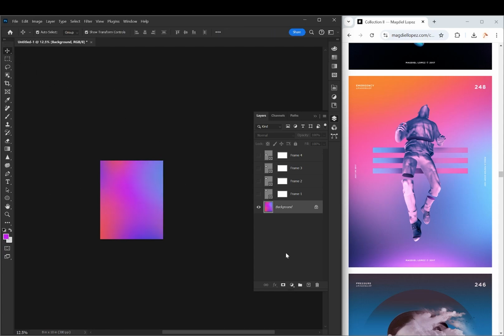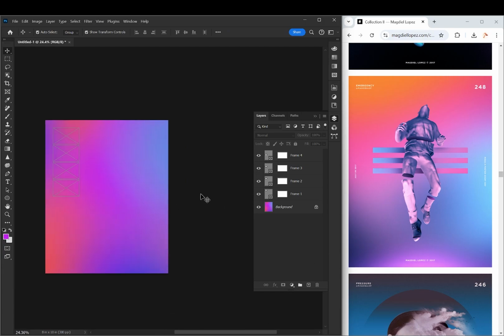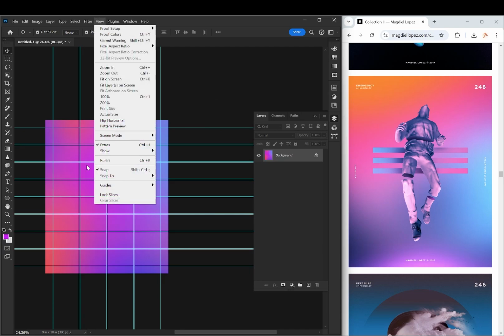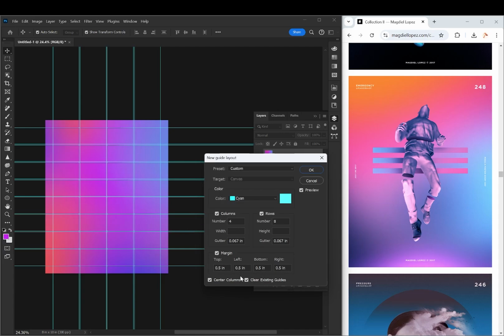Okay, I like that. Alright, so let's turn our frames and our guides back on. And actually, let's get rid of these. And I want to change my guide layout to be a little bit less tight. So we'll do a new guide layout. Here I have clear existing guides checked on. And I think what I'd like is